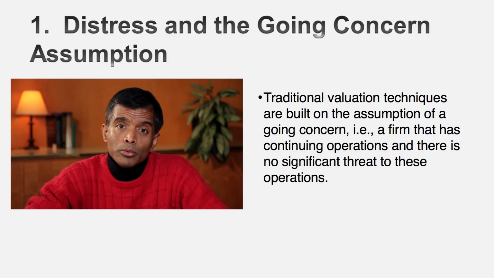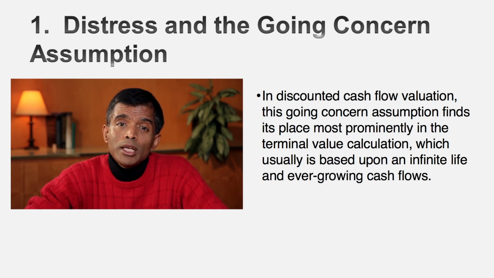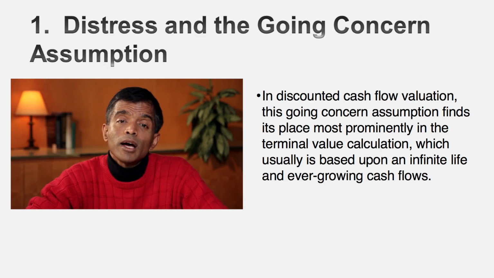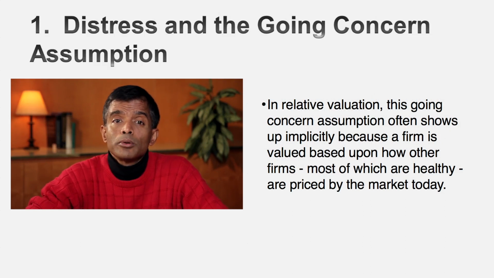Let's step back. When you do discounted cash flow valuation, especially if you use the going concern assumption to get the terminal value, you are in effect assuming that your company will last forever, right? And we know that companies don't. They get into trouble. They shut down. What if your company is one of those companies where there is a potential, at least, that could happen in the near term, the next year, the next 2 years, the next 5 years? Why might that be? It might be a young company where the operations might not pan out, or it might be a company with a lot of debt, which is unable to make its debt payments.